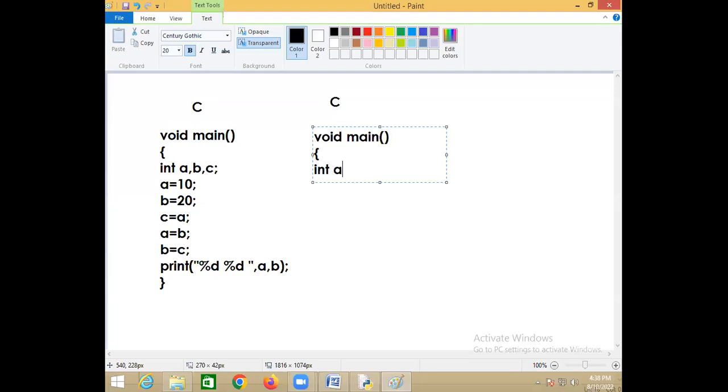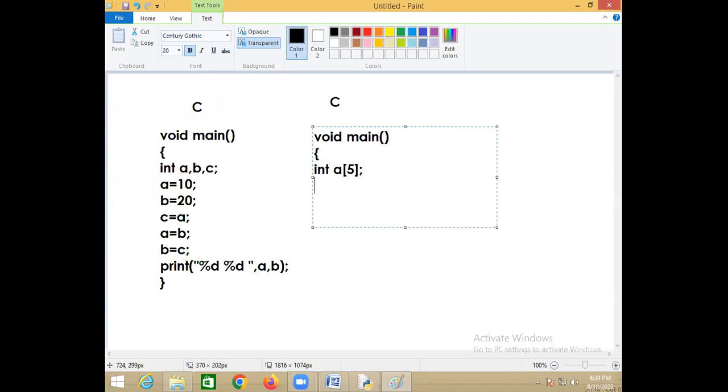I write integer A of 5. If you know C, then understand. Otherwise, just try to understand what I'm writing. It means you reserve memory for 5 values. Then I want to input 5 values inside this.